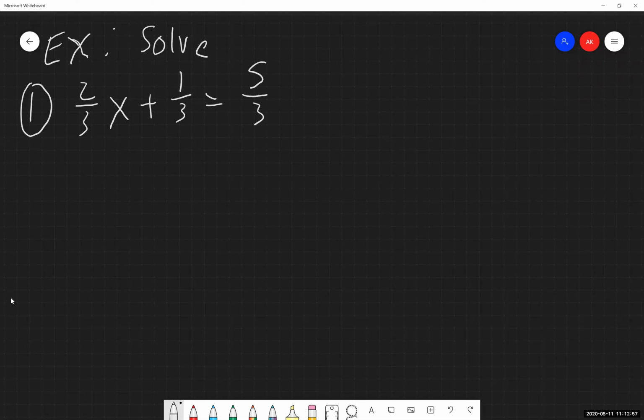Our goal with this, I want to solve this thing for x. I want x all by itself on one side of this equation. So I want to get the variable terms to one side of the equation. That's already done. All of the x's are over on the left side, so that's good. And now I want to get rid of all of the constant terms that are also on that side to get the variable terms by themselves. So this 1/3 is attached through addition. I want to undo that, so I'm going to subtract 1/3 from the left side. And if I'm doing that from the left side, I need to do that to the right side as well.